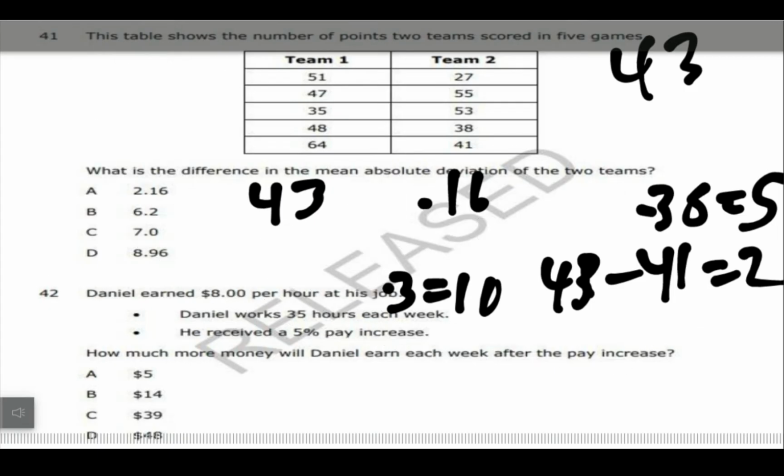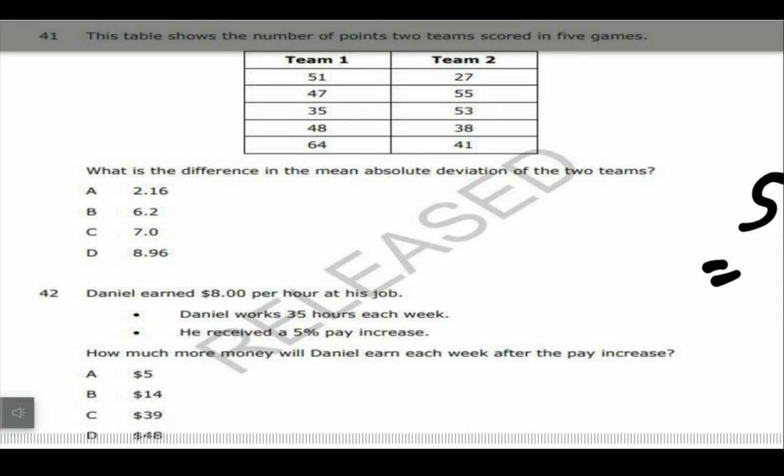All right, then for 42, it says Daniel earned $8 per hour at his job. He works 35 hours each week, and then he received a 5% increase. How much more money did Daniel earn each week after the pay increase? So what I can do is $8 an hour times 35. So if I do 35 times 8,